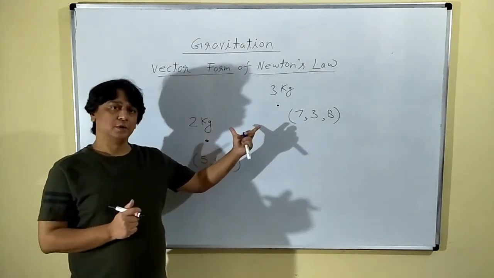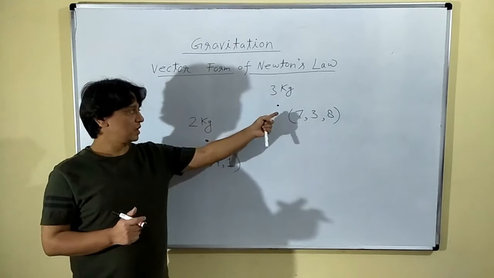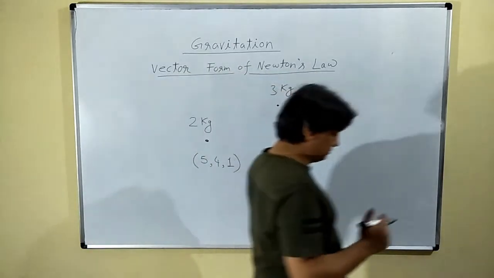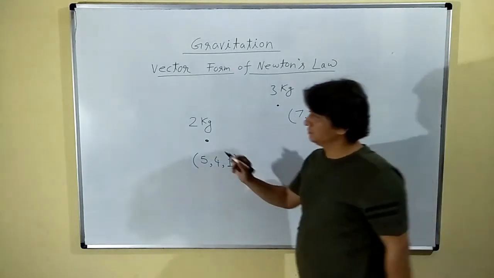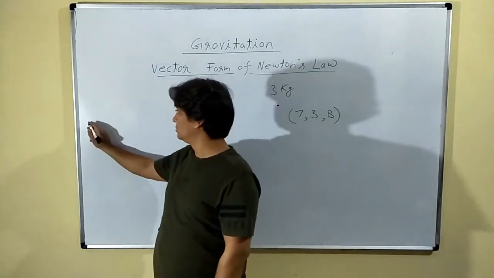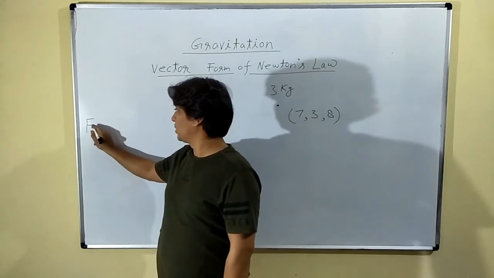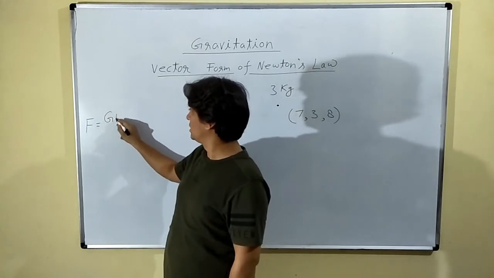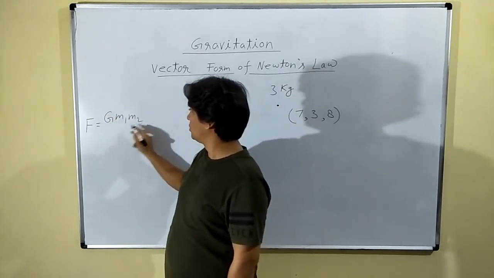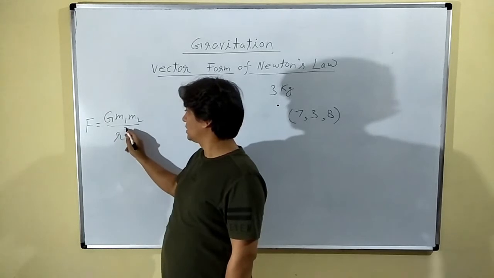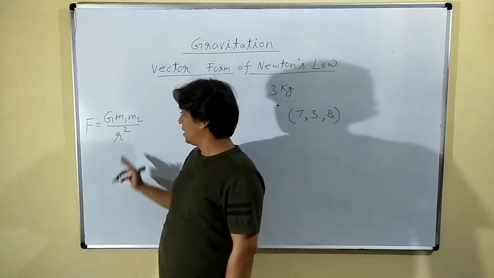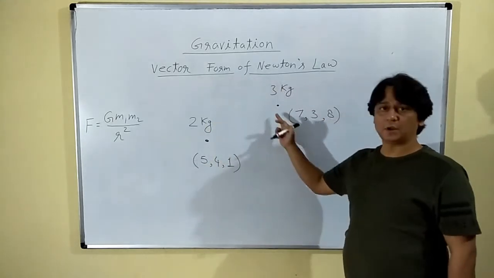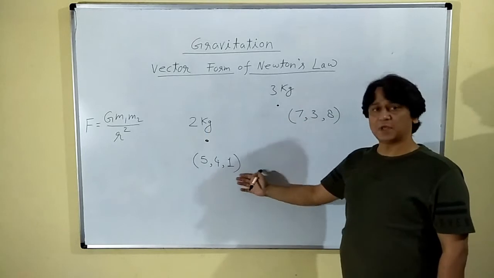एक तो magnitude. And force on 3 kg coming from 2 kg in vector form. अब अगर केवल magnitude पूछा हो तो ये क्वेश्चन बहुत इजी है. What is force? G m1 m2 upon r square. How do you find r? R is separation between 2 and 3. Coordinates पता है,